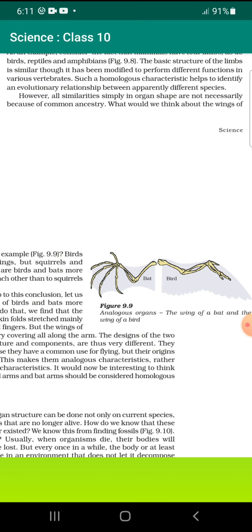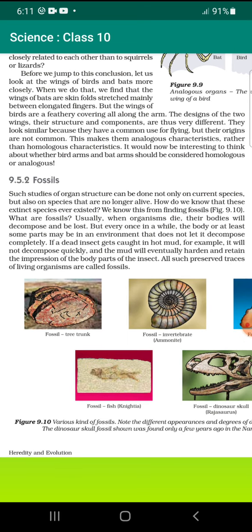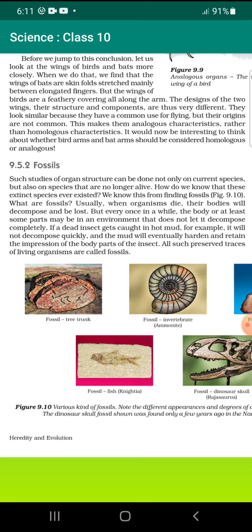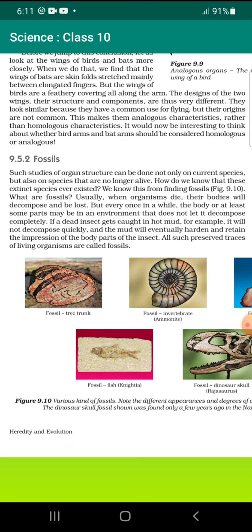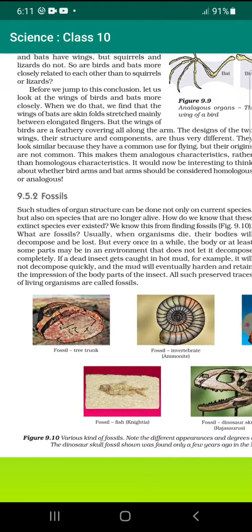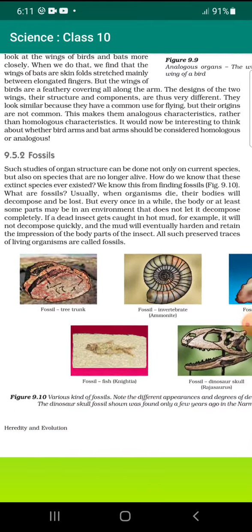So, are birds and bats more closely related to each other than squirrels to squirrel or lizards? Before we jump to this conclusion, let us look at the wings of birds and bats more closely. When we do that, we find that wings of bats are skin folds stretched mainly between elongated fingers, but